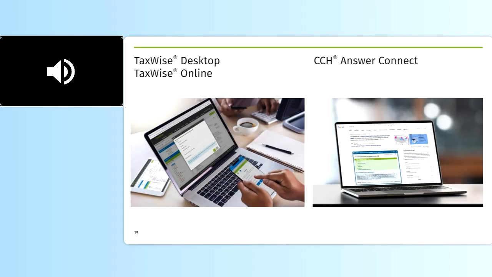TaxWise Desktop, TaxWise Online. I'm also going to just take one quick second to talk about Answer Connect. So with TaxWise, I showed off the online platform today. There is also a desktop platform. If you do not want to be online, you can run it directly from your device. I use TaxWise for all of these presentations. Generally speaking, it doesn't matter to me if you want to switch to TaxWise, which one you get between desktop